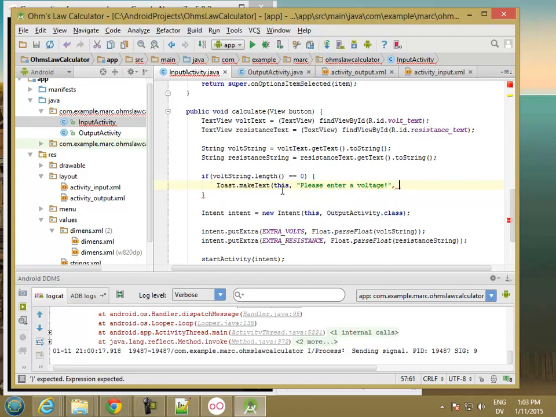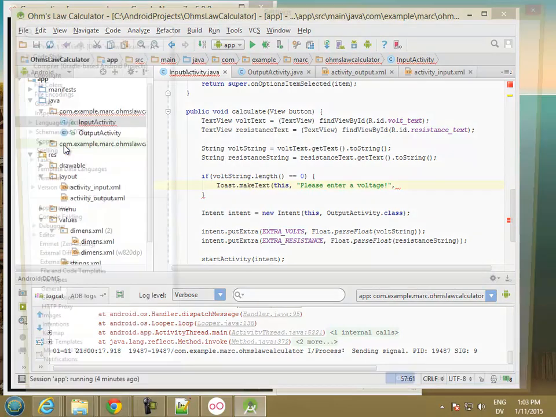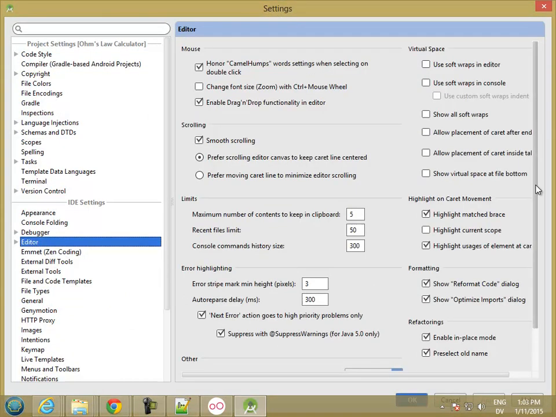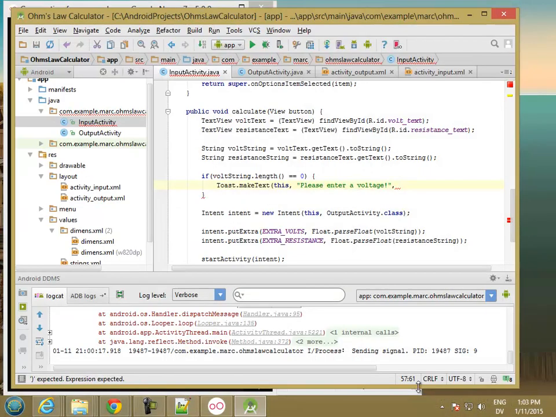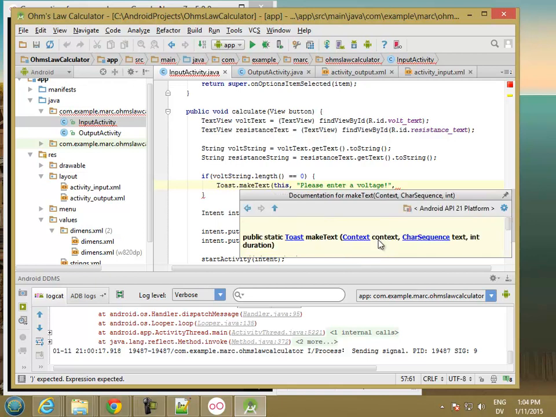and then let's see, what is the other argument? Let me show you something interesting here. So if I go to project settings and under editor, at the bottom here, there's show quick dock mode, quick dock on mouse move. And this is actually a useful setting, but it can also be annoying. So if I hover now over anything, I get the documentation for that thing. So what is that? It's